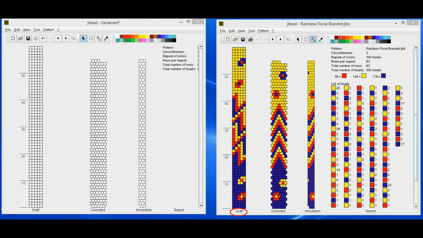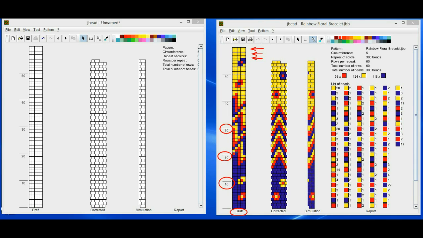You start at the top right and read to the left on each row. The draft graph is also useful in showing you what rows you are working on, since it is numbered, and the numbers are in increments of 10.